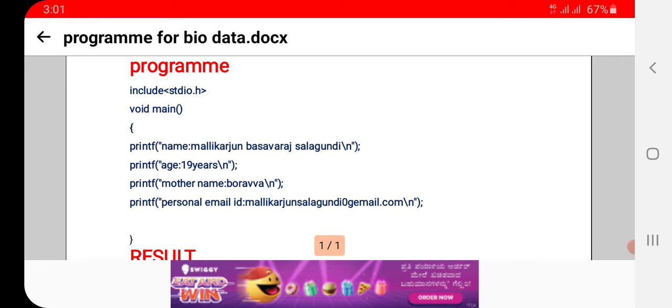So today I am writing about the biodata. So I wrote my name, and next my age, next my mother's name, next my email ID, like that I wrote. Also you can see I included the \n. That is because when we include the \n, the outputs come column-wise, one by one. If it is not included, these are all displayed in serial manner,